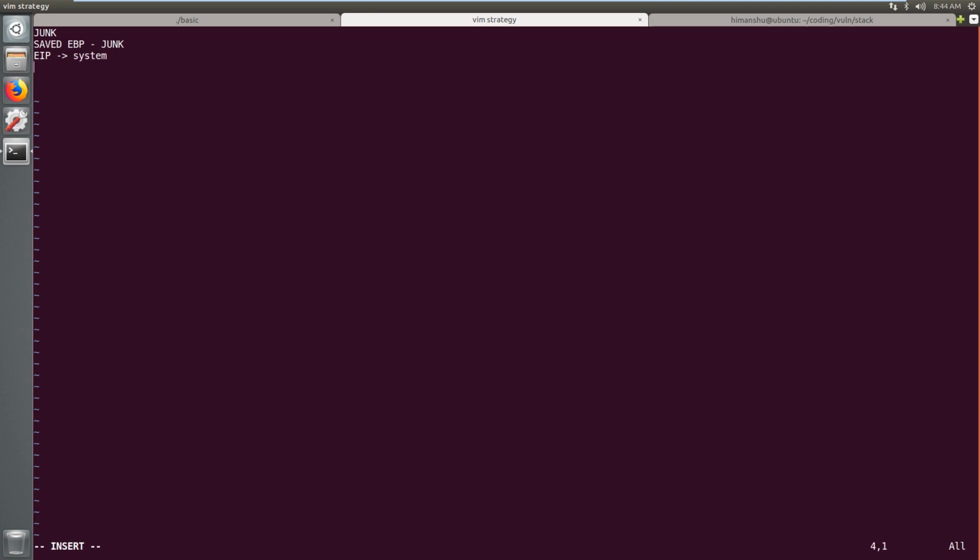Now once the system returns, the next entry on the stack will be used as the return for the system function. So we will just make it return to exit,